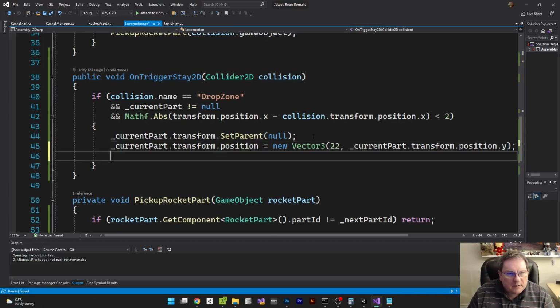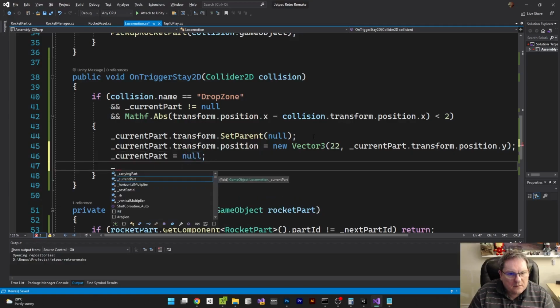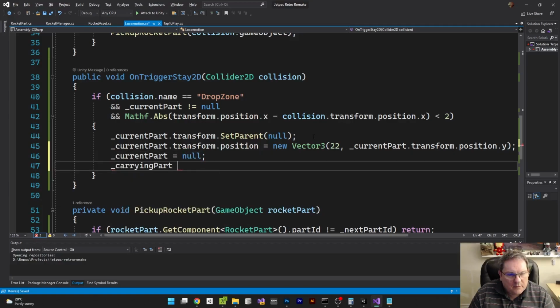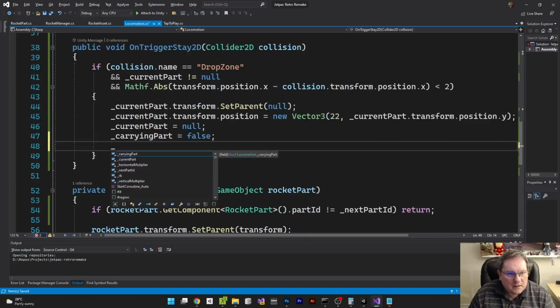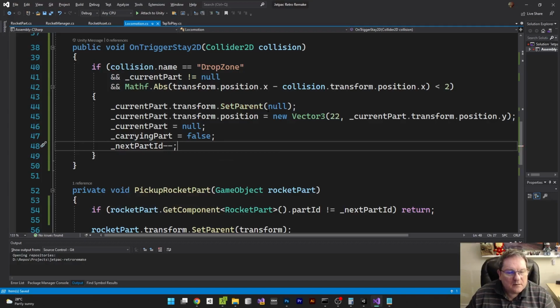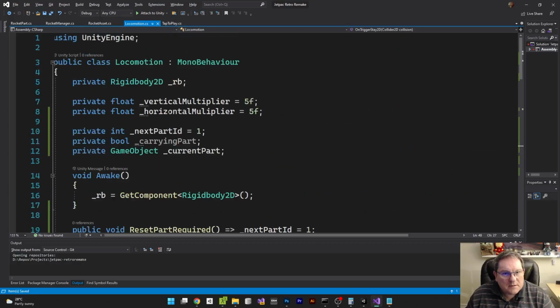And then I'm going to say current part equals null, carrying part equals false. So now we can carry that, and then we can say next part ID minus minus,